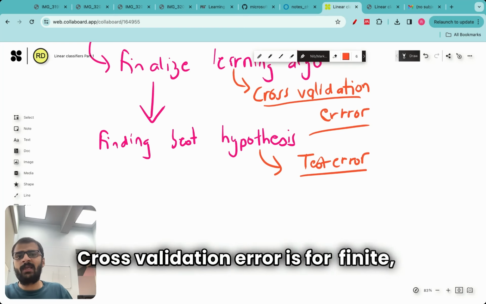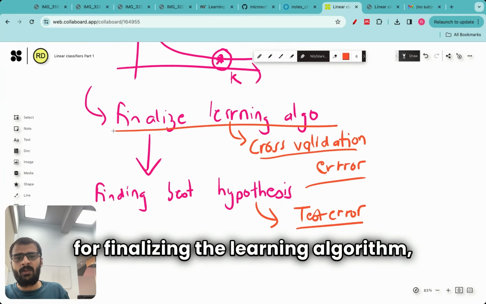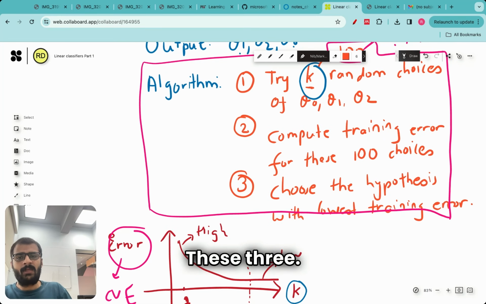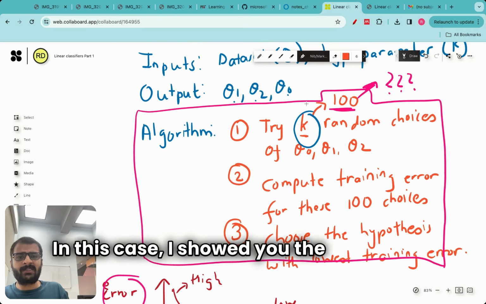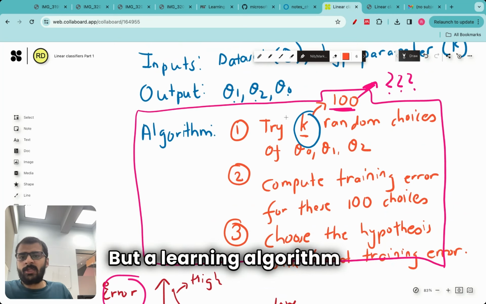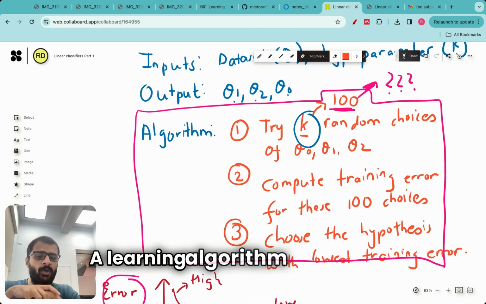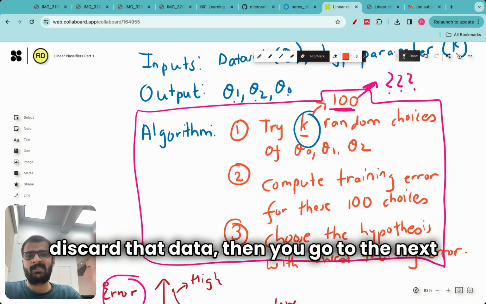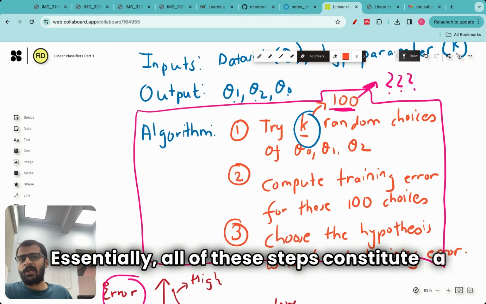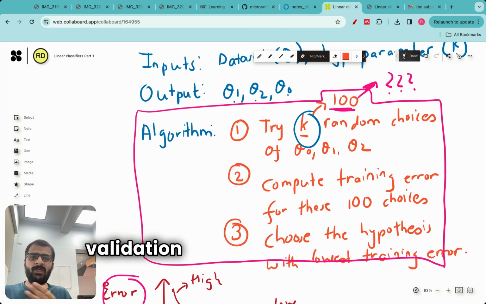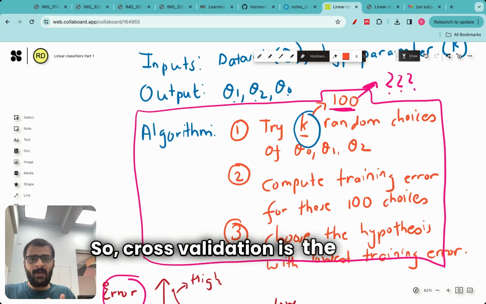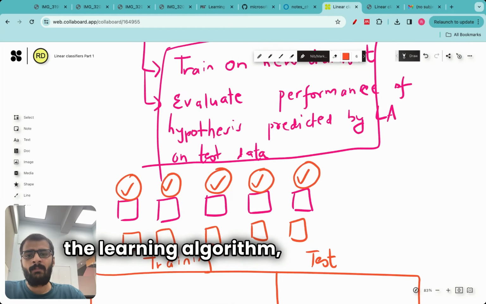Cross validation error is for finalizing the learning algorithm, which are basically these three steps. In this case, I showed you the example of optimizing k, but a learning algorithm can involve several different things. A learning algorithm can involve processes of data cleaning. So if you think some data is not important and you discard that data, then you go to the next step. Essentially, all of these steps constitute a learning algorithm. But you can use cross validation to evaluate whether doing that was the right thing or not. So cross validation is the way to evaluate the learning algorithm,